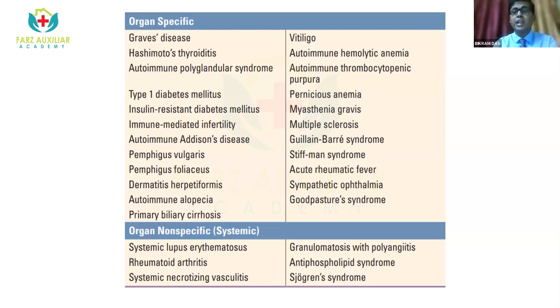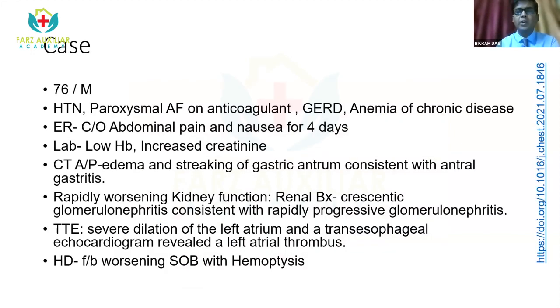Whereas non-specific or systemic autoimmune diseases are most important. They are SLE, rheumatoid arthritis, systemic necrotizing vasculitis, Wegener's granulomatosis, antiphospholipid syndrome, and Sjogren's syndrome. I will not go into detail of all these diseases, but I will elaborate whatever is needed for ICU admissions or intensive